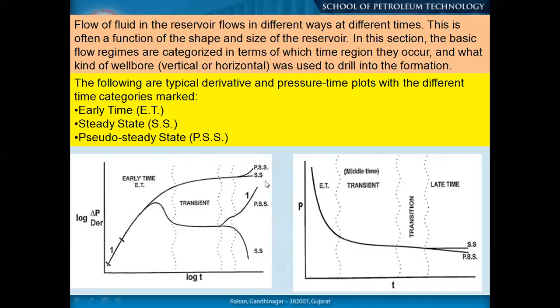Okay. Yes, sir. Both the cases. So this is actually your build up and this is drawdown. This is transient drawdown, pressure versus time. If you see this graph, could you understand what is happening? Initially you see the slope 1. We discussed that the early supply is only from the wellbore. The wellbore is considered to be a tank, and the tank is supplying the flow initially. That's why we are having a slope 1 passing through the origin.